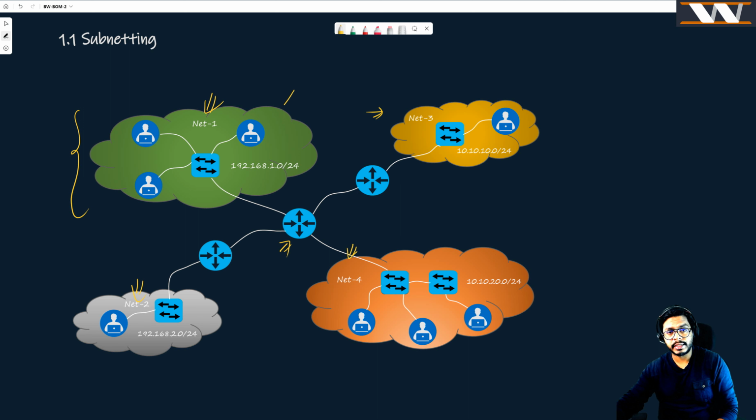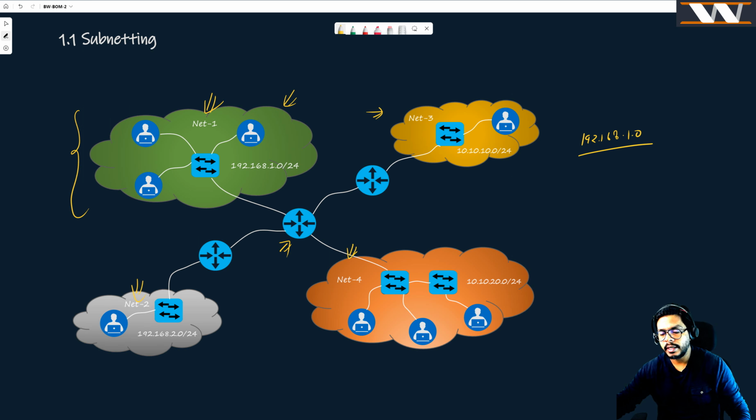If we talk about this network here, then basically we have different hosts in this network. What are the IP addresses we are going to assign them? What is the network address? What is the broadcast address? We talked about it, right? But let's talk now that if you have a particular network, for example, if we have this network